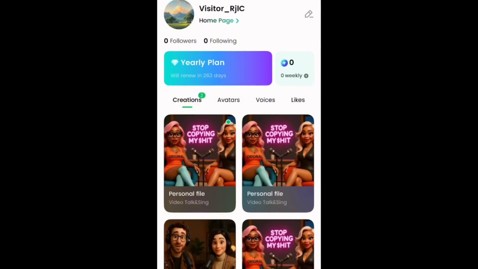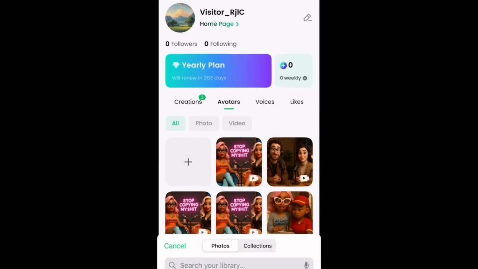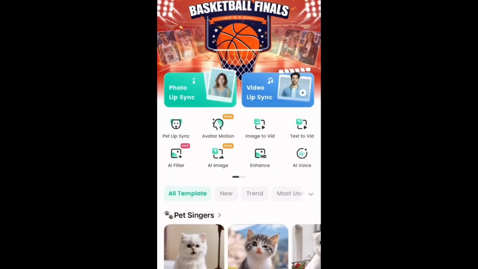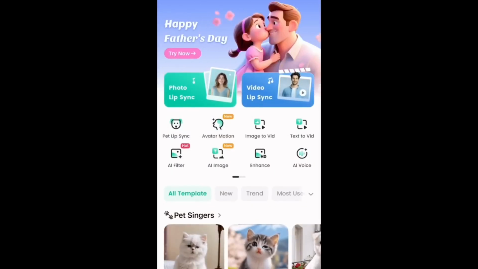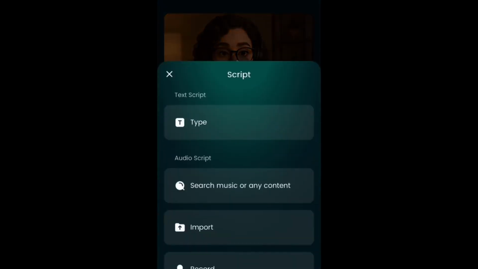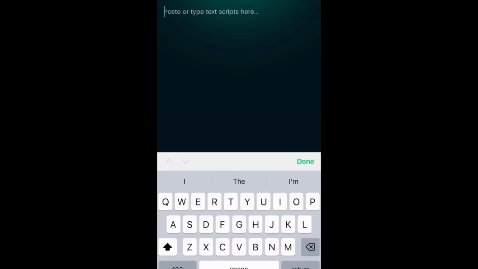Okay, so the next step is to open Dreamface up again, and you're going to click on profile, and then you're going to click on avatars, and you're going to add the avatar of just the woman speaking. So the video of just the woman speaking, we're going to add that, and then we're going to go back over to explore, and then you're going to click back on video lip sync, and there is just the woman speaker. Now we're going to click on add script to continue. We're going to click on type once again, and we're going to use one of the built-in voices. So we're going to just put in a script that we want her to say, and she's going to say,